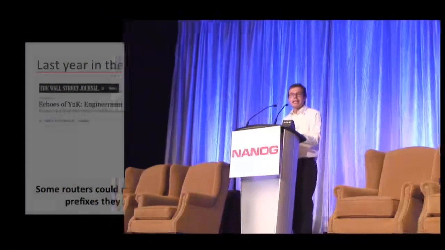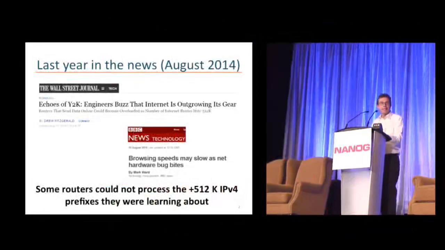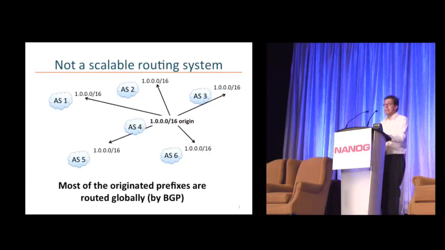So, news from last year came to remind us that the internet has a routing system, that the internet routing system is engineered and has limitations. In August last year, the number of globally advertised IPv4 prefixes went past the 512K mark, which was the default forwarding table size of some routers. These routers could not cope with all the routes they were receiving, which caused some noticeable outages in the internet. As a matter of fact, the internet routing system does not scale well.